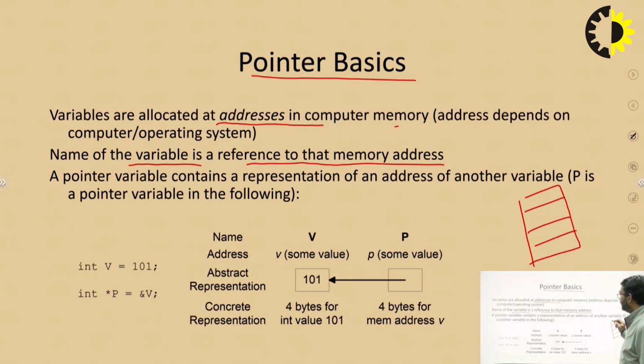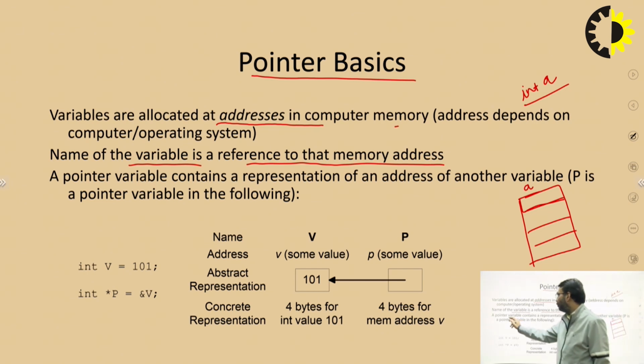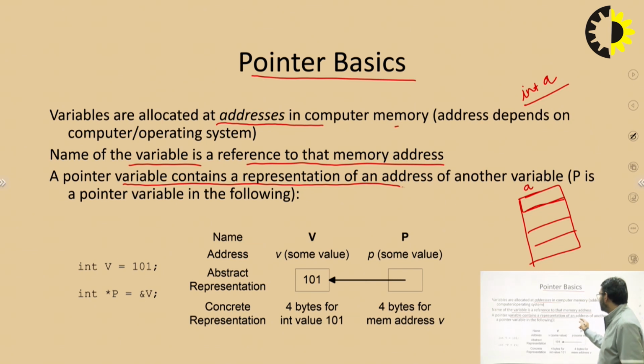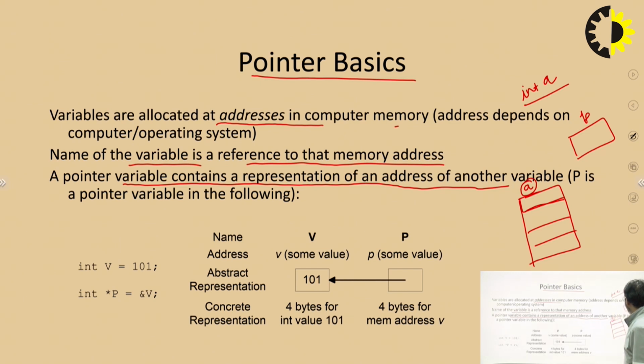Okay, when we declare a variable, suppose we are declaring integer a, one portion of memory will be allocated to that variable, and the name of that address will be a. So this is the reference to the memory address. Now a pointer variable contains a representation of an address of another variable. It means when we declare a pointer, it will store the address of another variable. Suppose we are declaring a pointer p, so it will store the address of a,